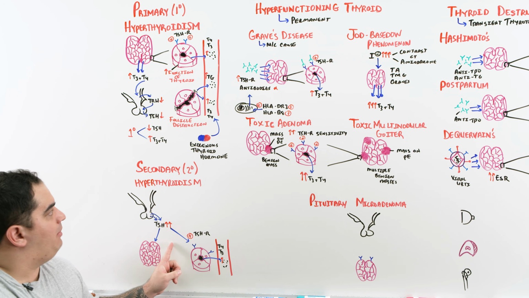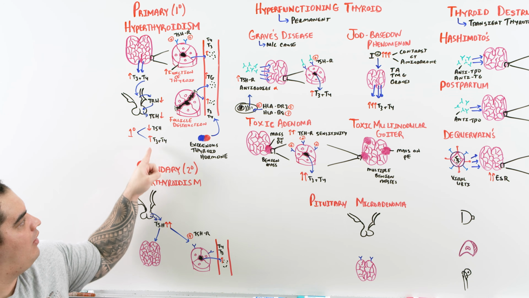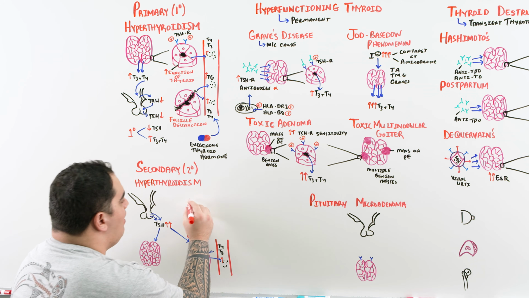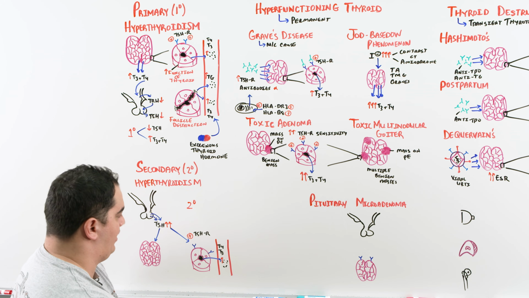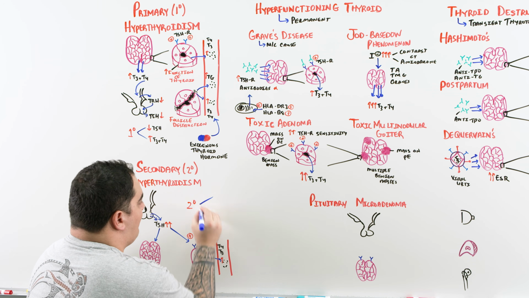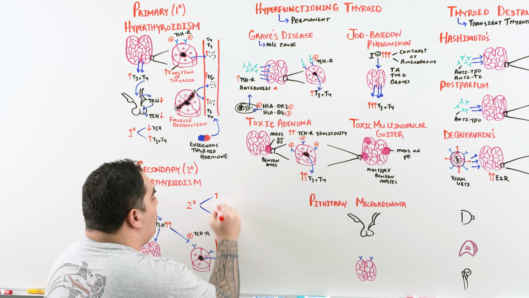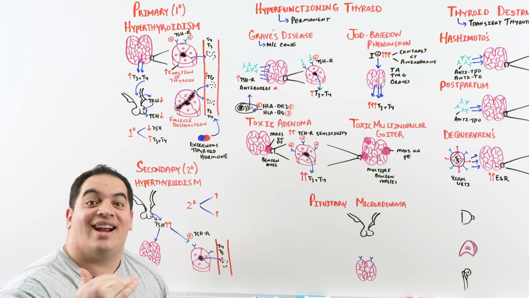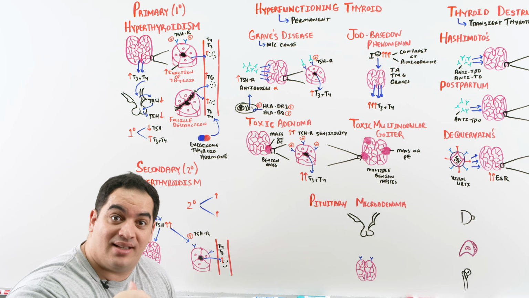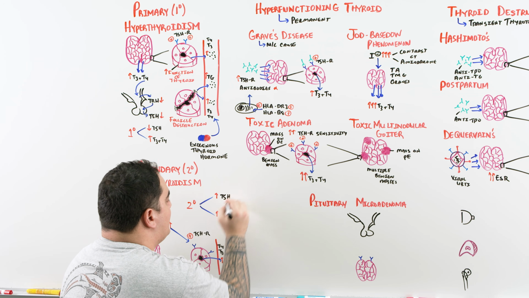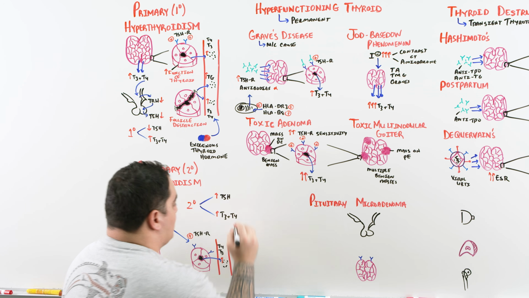That's very interesting because in primary, the TSH was low and T3, T4 was high. In secondary, this is how I can differentiate them. In secondary, the problem is I have high TSH and high T3 and T4. So both of them are high. Just like in secondary hypothyroidism, it was a low TSH, low T3, T4. So you have to be able to remember this to help you to delineate this when it comes to the